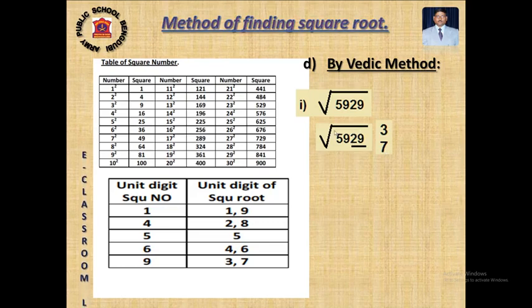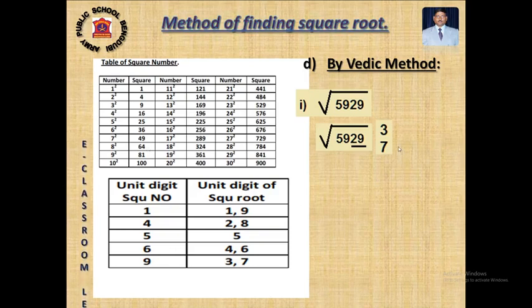Leaving 29, what is the rest number? 59. Now you see in your table, 59 comes after which square number? 7 7 ja 49, 8 8 ja 64. That means after 7 square coming 59. So your 10 digit will be 7. Now what will be my unit digit? You see 49, your number is 59. So 59 is close to 49 or close to 64? It is close to 64, that means greater one.